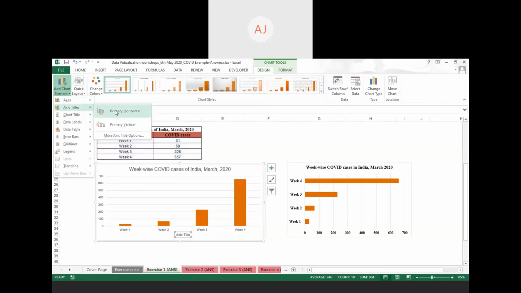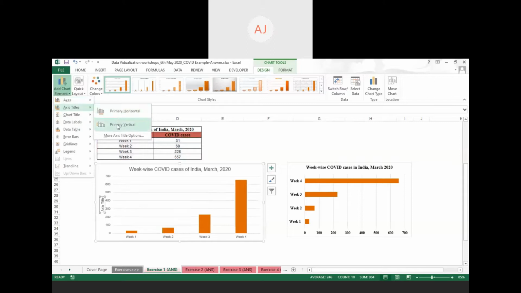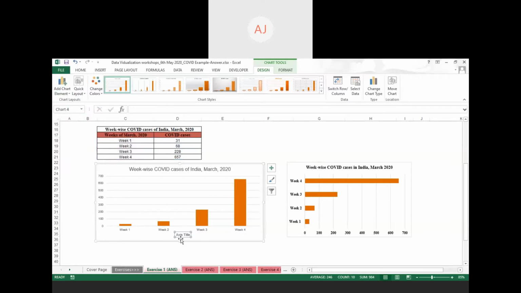The primary horizontal axis is the x-axis, while the primary vertical axis is the y-axis. We can go through them one by one, adding the axis titles. We can manually type here the axis name. The name of the x-axis is week of the March month.